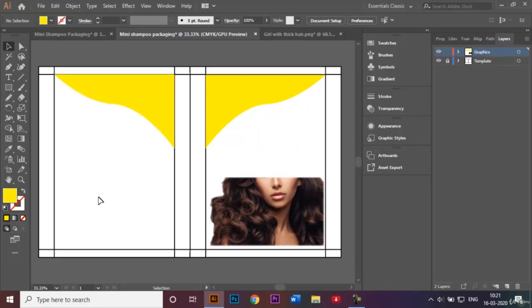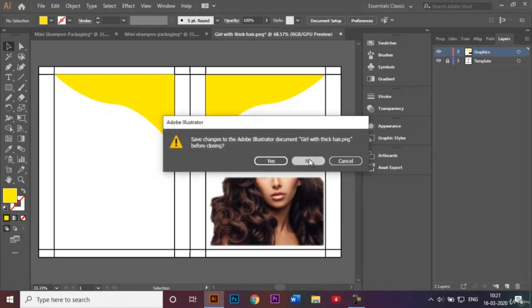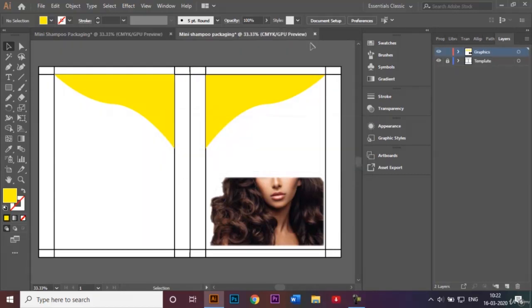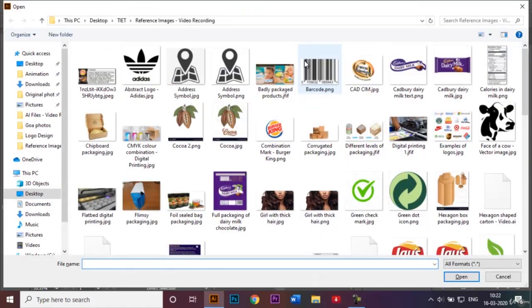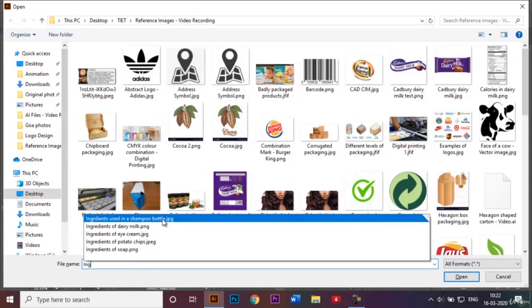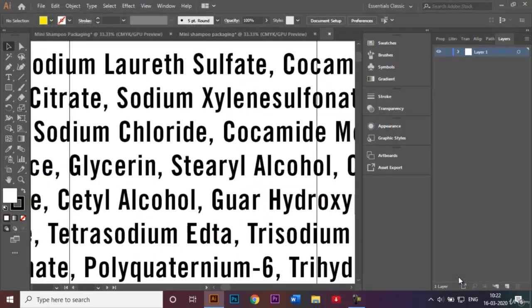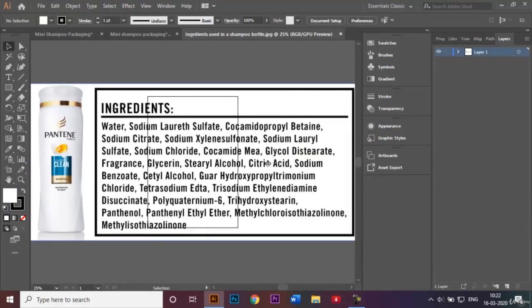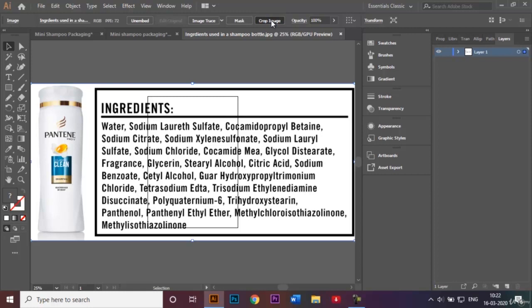So over here on the back side as well, I'll be adding the ingredients that are used to make the shampoo. I've saved the image again as well, and you can easily find these images on Google. So I'll be clicking Ctrl+O, and I'll be typing out this one, ingredients used in a shampoo. I'll be just using this black box which has all the ingredients written on it, and I'll be cropping out the unnecessary parts as well. So I'll select the image, go to Crop Image,